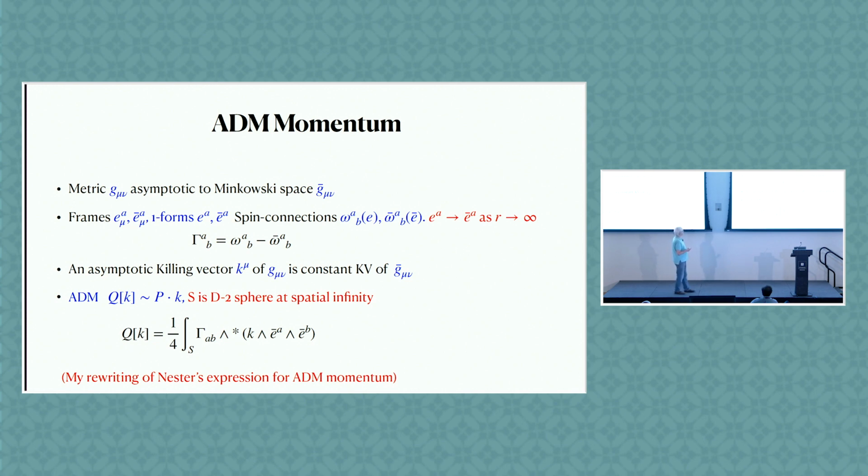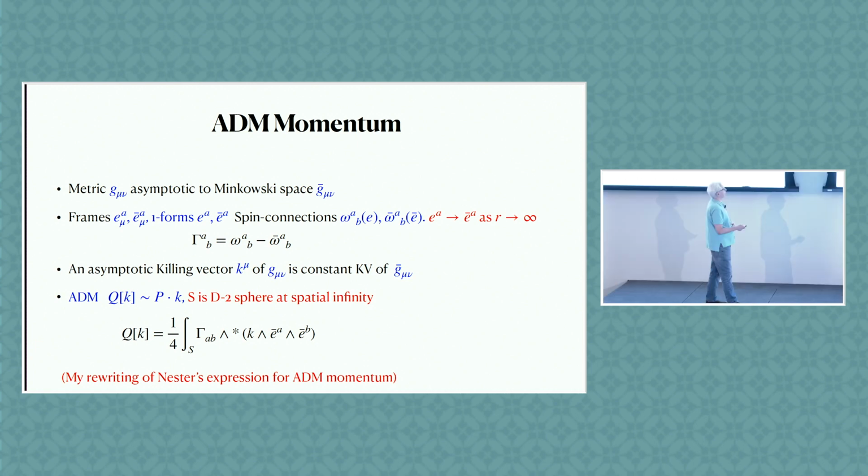And if we have an asymptotic Killing vector, the background metric has Killing vectors, the translational and rotational Killing vectors, and if you take one of these Killing vectors, then we can construct a corresponding charge, as was done long ago by